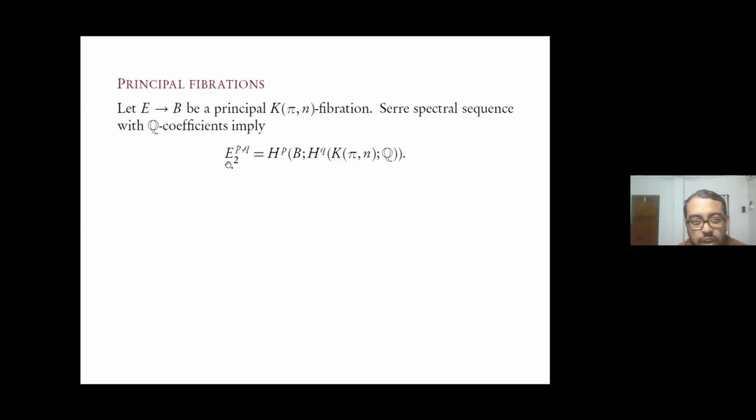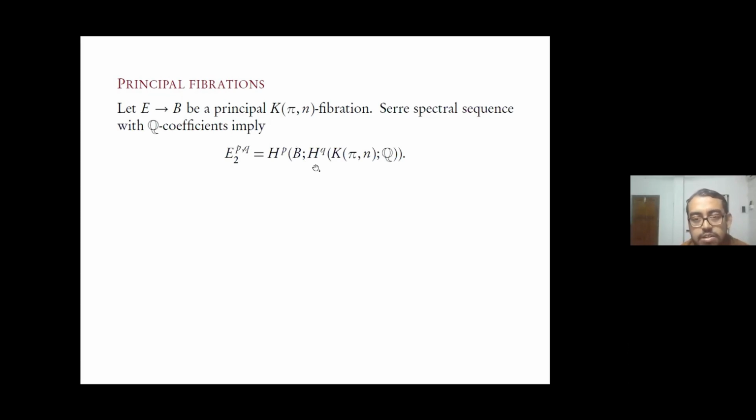So whenever you have a fibration and the fundamental group of the base acts trivially on the homology of the fiber, because pi 1 of B acts on F, so pi 1 of B also induces an action on the homology of the fiber, and if that action is trivial, then the Serre spectral sequence with rational coefficients in cohomology gives you a recipe of calculating the cohomology of the total space in terms of cohomology of the base and cohomology